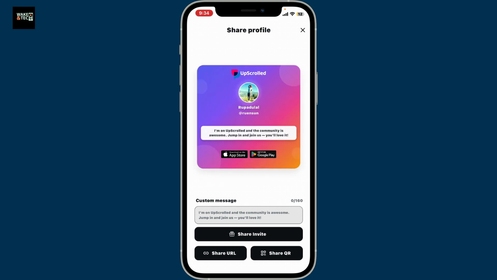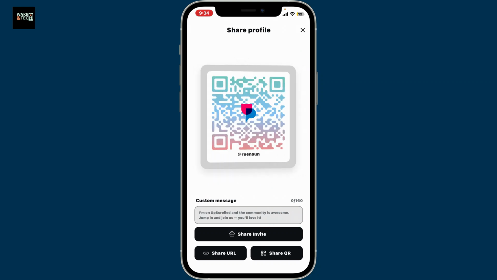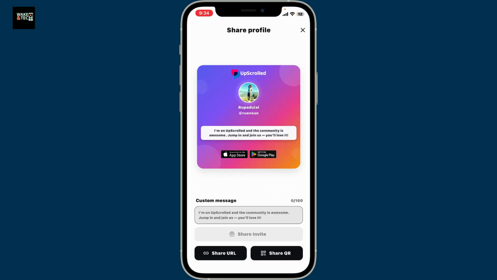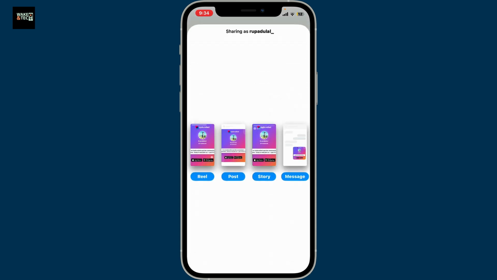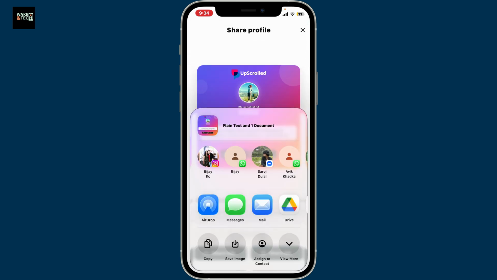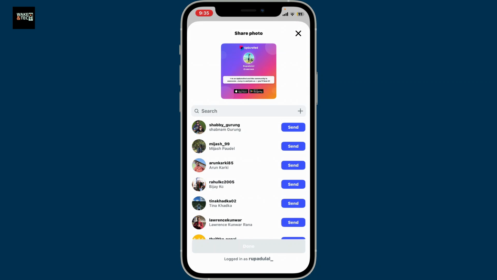To share the invite link or your profile link to your friends, click on Share Invite and then select any contact you want to invite. Choose the contact. You can choose them from any social messaging platforms or even from your contact list. Just select the contact and click the send button right next to their name in order to share your profile